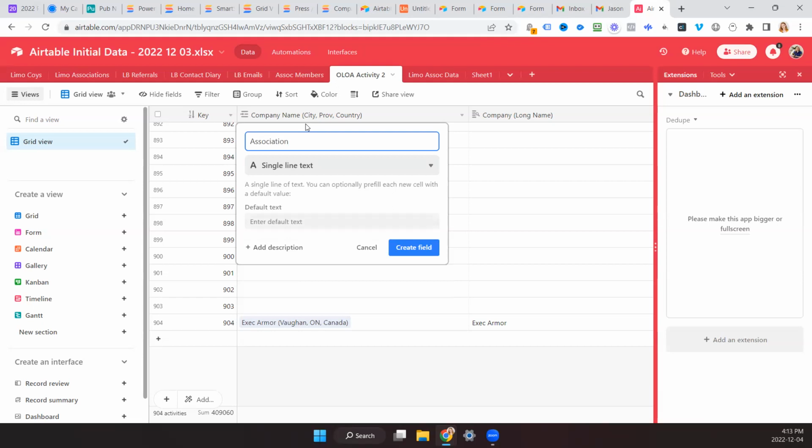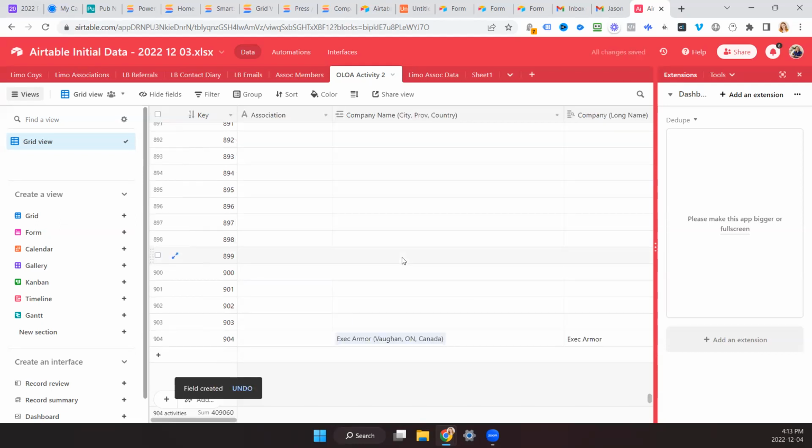Okay, and that one would be just single line text, that'll be fine. Okay. And then can we put a value into every record? The same value in every record?